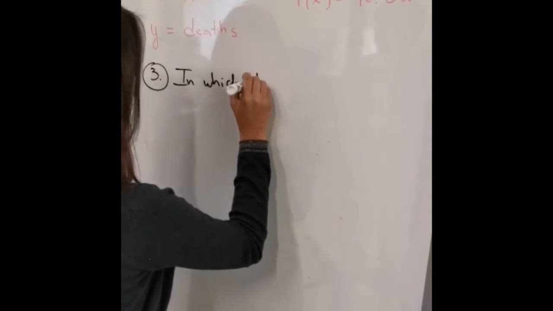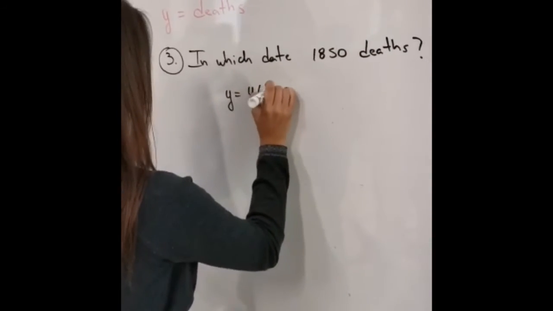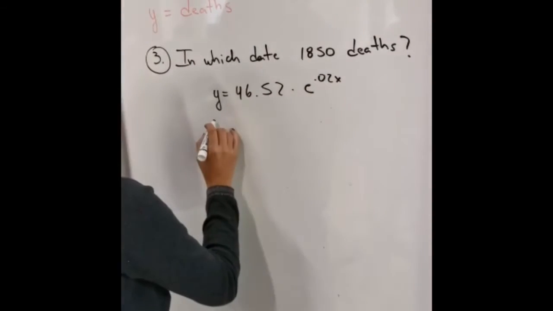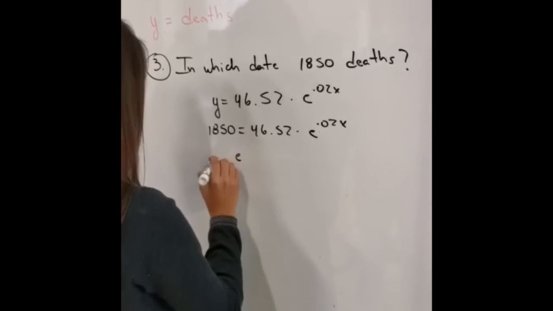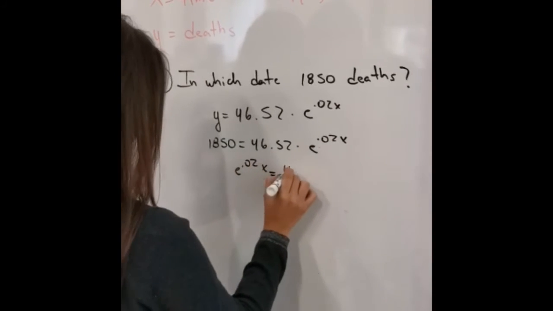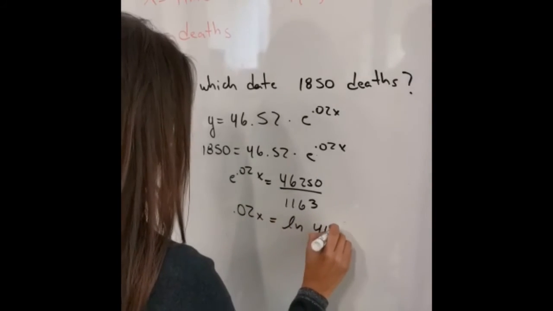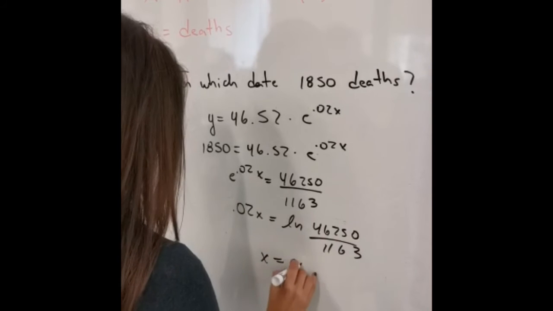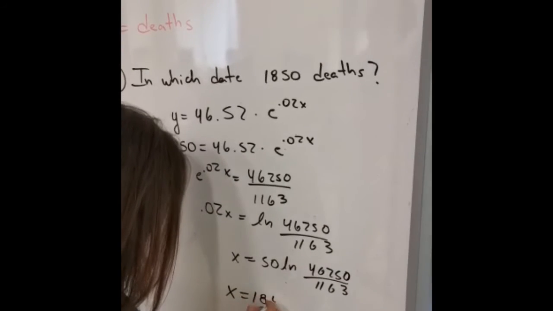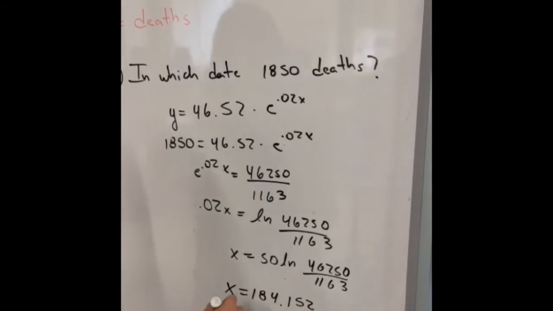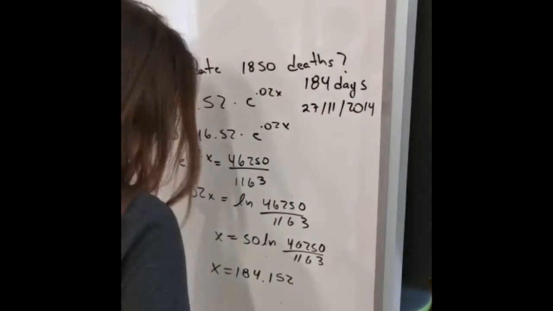Okay, for question number 3, we need to guess in which date there will be 1,850 deaths. So first we put our function and we need to find x. So we divide everything between 46.52. Then we put ln in both sides so we cancel e. And finally we divide everything between 0.02. So this will give us the results of 184 days and the exact date